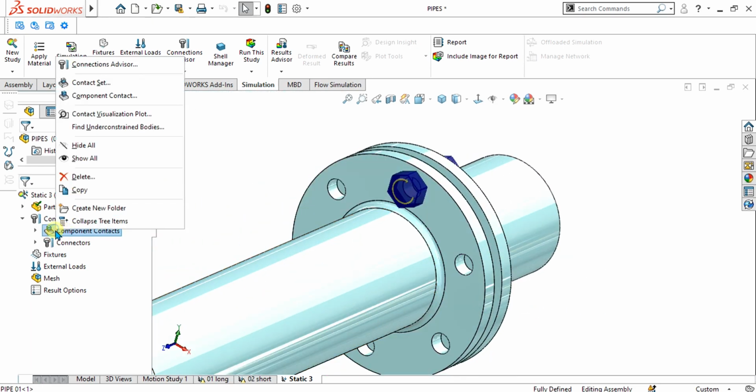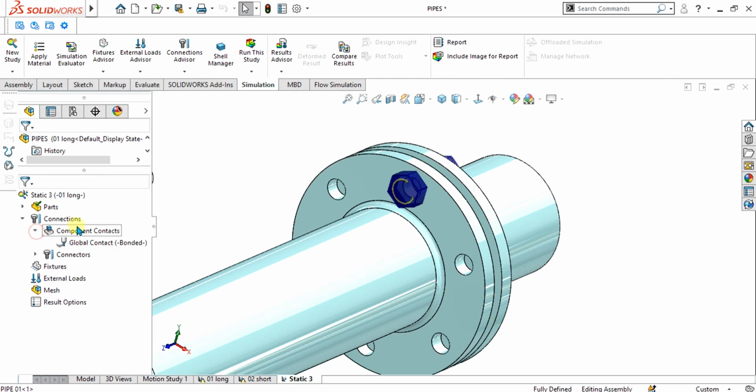Again we will go to the connection option, select bolt from here.